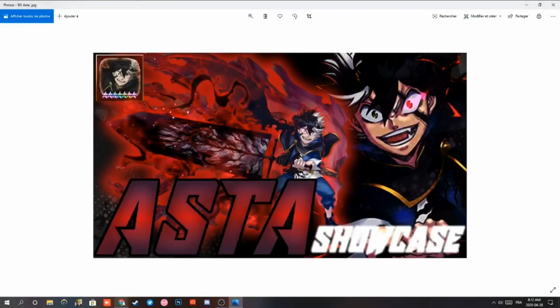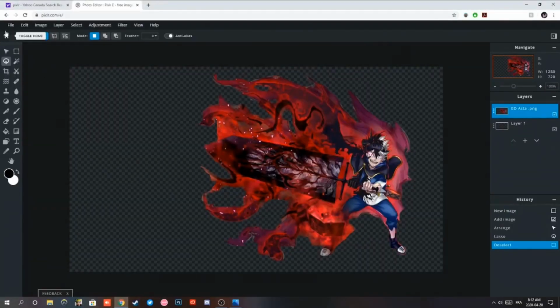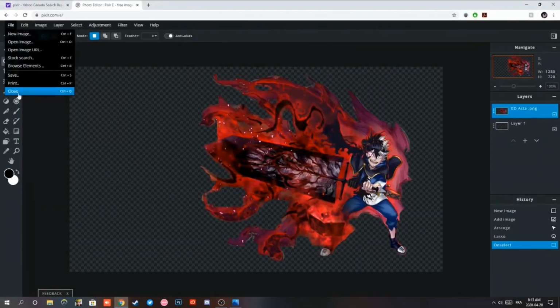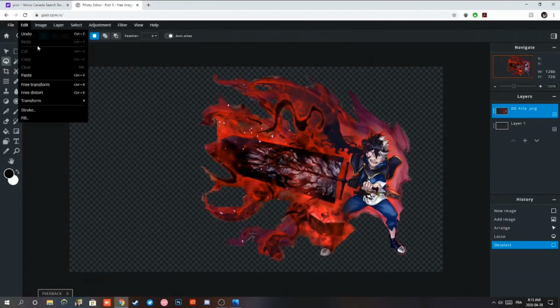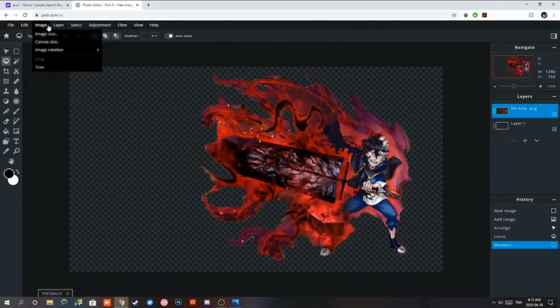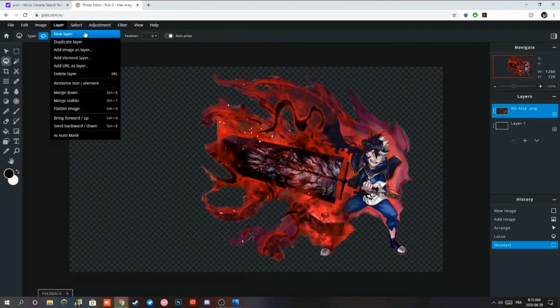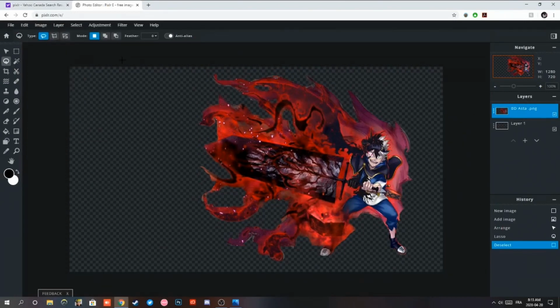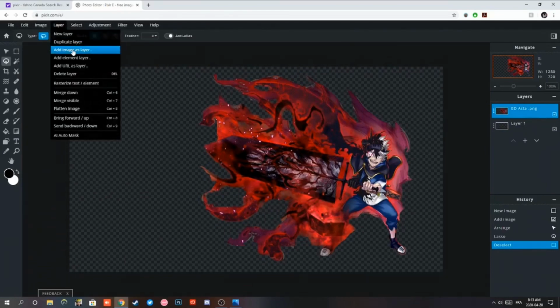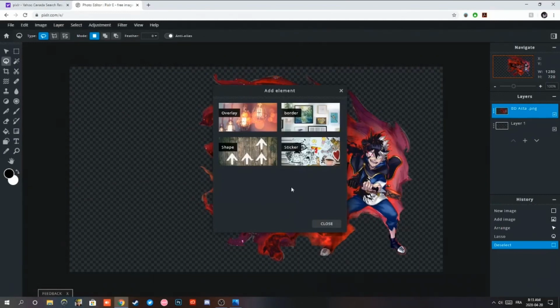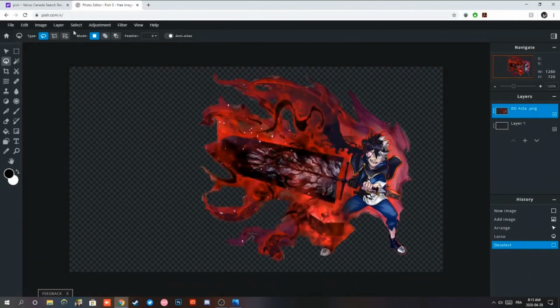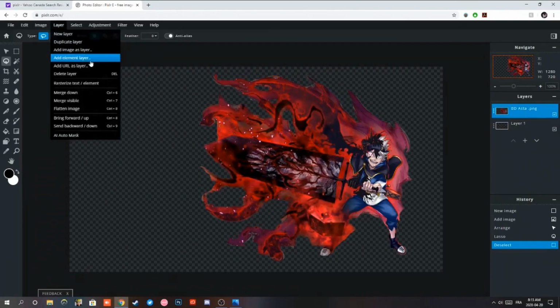Okay, so, we're gonna start with showing all of this. So this is very simple: undo, cut, copy, clear, redo, image size and everything. So now you add a new layer, you could duplicate a layer. These are layers. You could add images layer, which is how I just got my Asta. Add element layer. So there's 4 types of elements that you could add. Some you have to pay. So basically there's a premium mode, but the free mode works just as fine, and I've made a lot of good thumbnails with it. So then there's also add URLs layer, delete layer, rasterize text element,